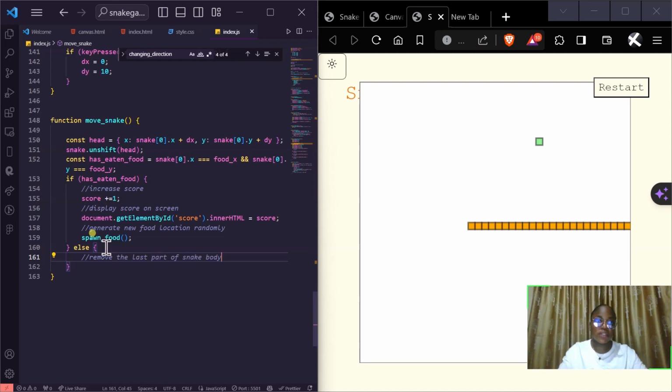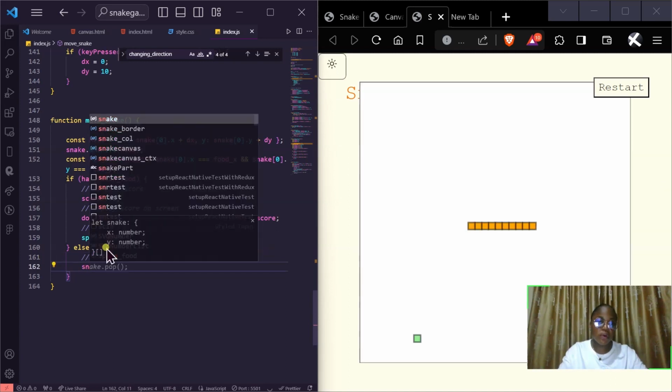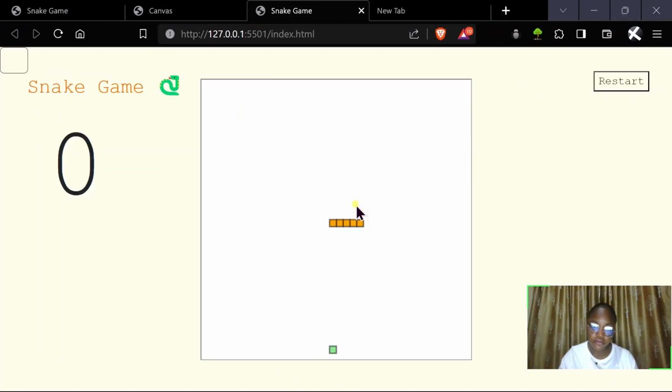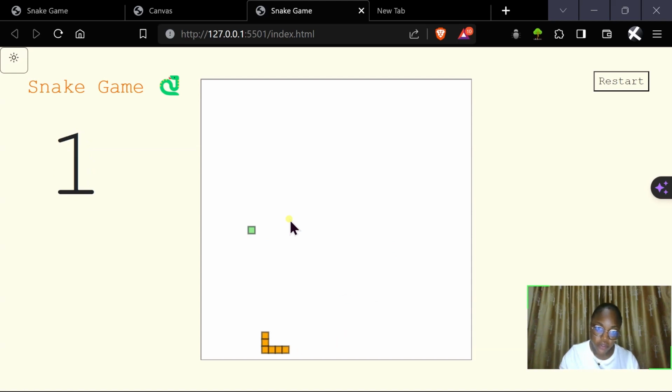Then we'll create an else statement such that we want to remove the last part of the snake body. So we're going to do snake.pop, which I'll explain later. As you can see, we kind of have a snake functioning now. So our snake game is ready. The last thing we would want to do now would be that we would want to